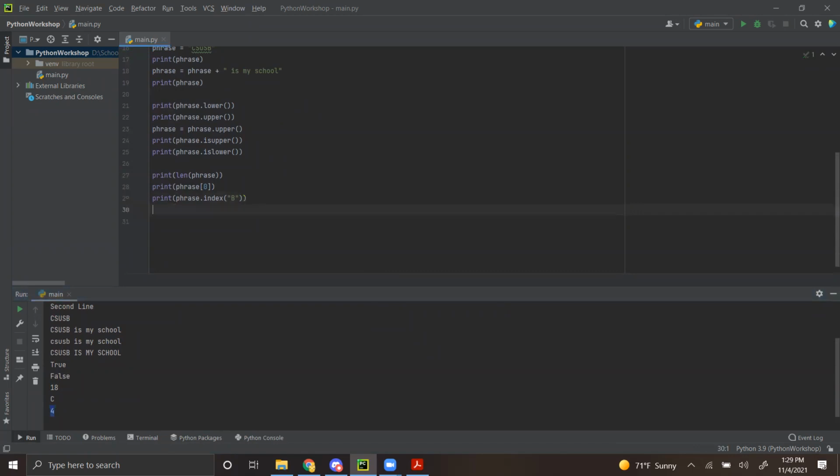You can also replace certain things in a string using a replace function. So here I'm going to access our phrase. I'm going to use the function replace. And what goes first in parentheses is what you want to replace. So say I want to replace my with a, so I'll say CSUSB is a school instead of CSUSB is